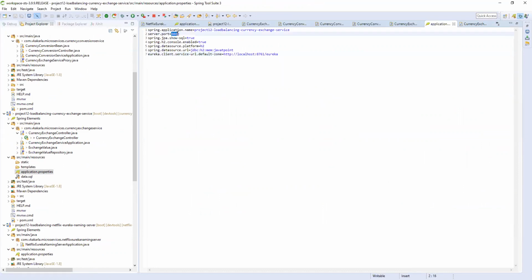And for the port number, I am giving the currency exchange service 8000. Also we need to set the application name, because we need to see our project name in the Eureka server dashboard.